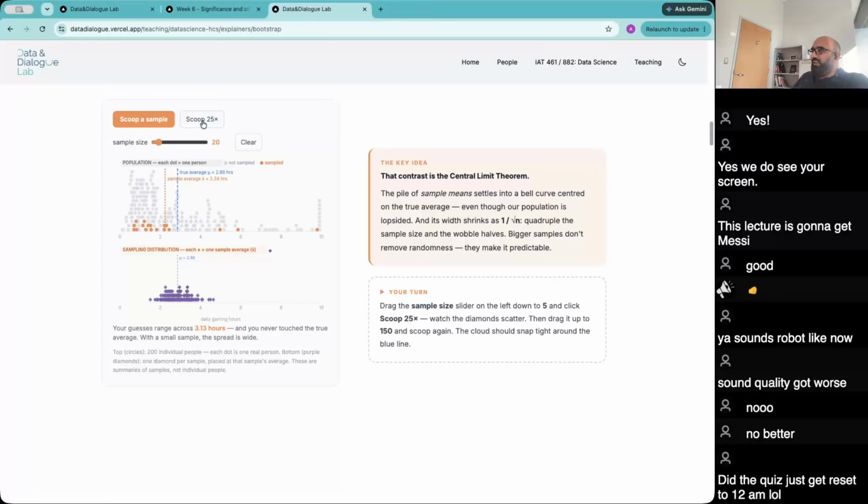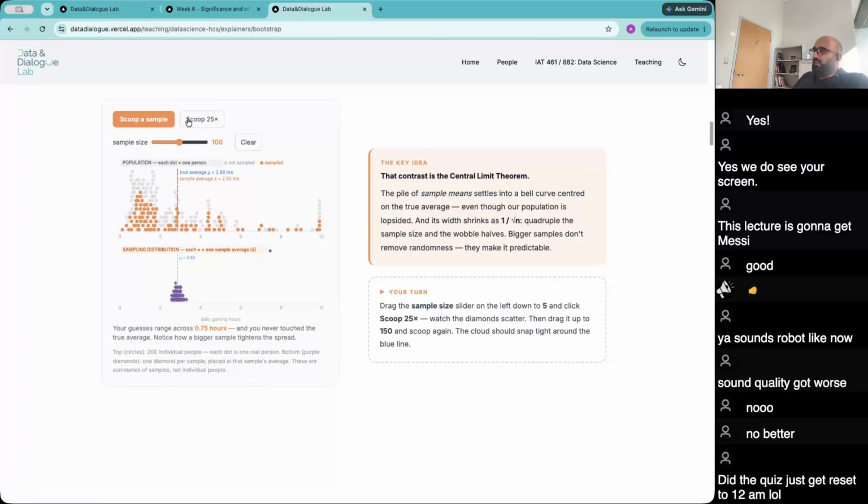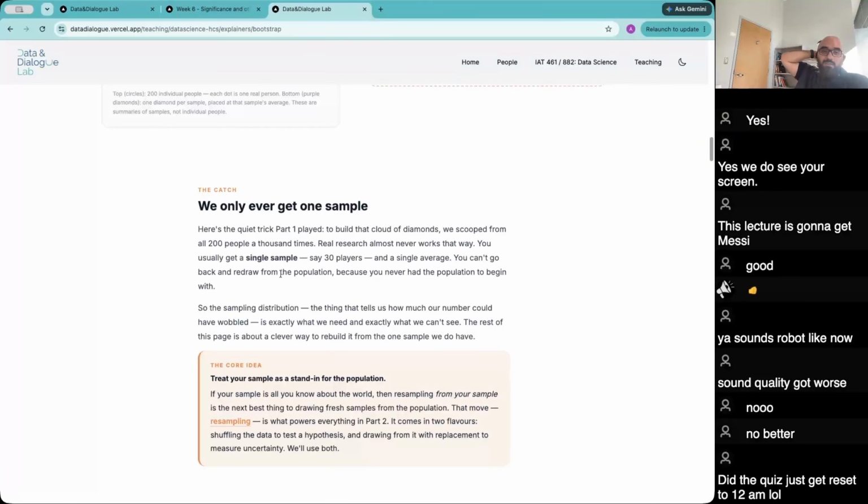So you can try again. We can try with 20 samples, see how spread out this is, right? Then we can clear it and just increase the sample size, and click again. See, it's less wide. That's the idea of the central limit theorem. A lot of statistics uses this concept for you to know how p-values and such work. This is the basis of a lot of stats. Now, we were sampling many times from a population. We can't do that, right?